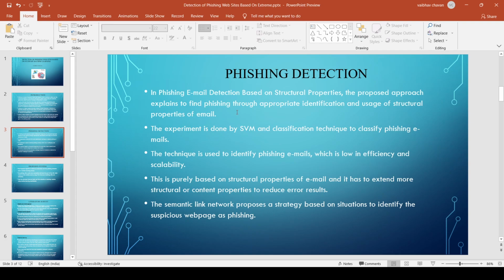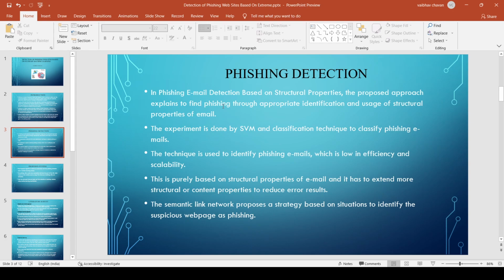The experiment is done by SVM and classification technique to classify phishing email. The emails are classified using the SVM technique. The technique used to identify fishy emails is low in efficiency and scalability.